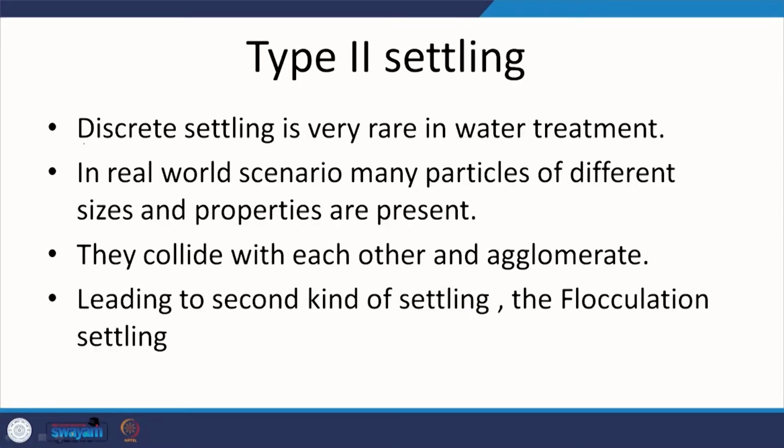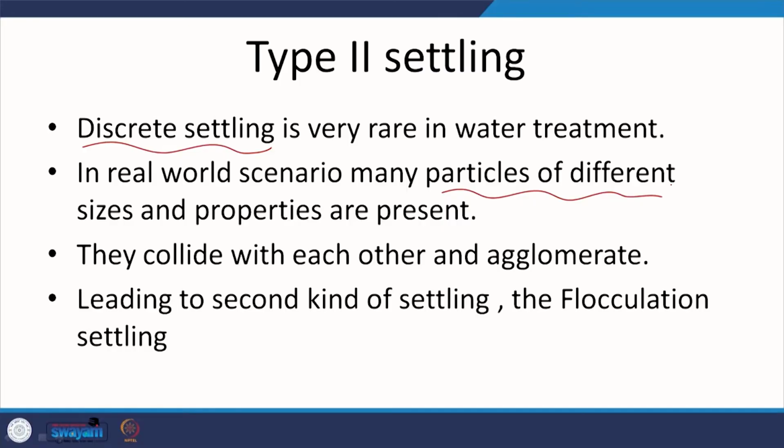So type 2 settling, as mentioned, type 1 is relatively rare. In general, you have particles of different sizes, more importantly, and then they will have different settling velocities. They move at different velocities, and also you have water conditions that are typically rarely laminar. So you are going to have relevant eddies out there or different gradients in velocity. So the particles will form flocks after colliding, and thus they will agglomerate. So that's why we say that we will see or experience this flocculent settling. It's not flocculation settling, it's flocculent settling, let's say, right? So what does this mean?